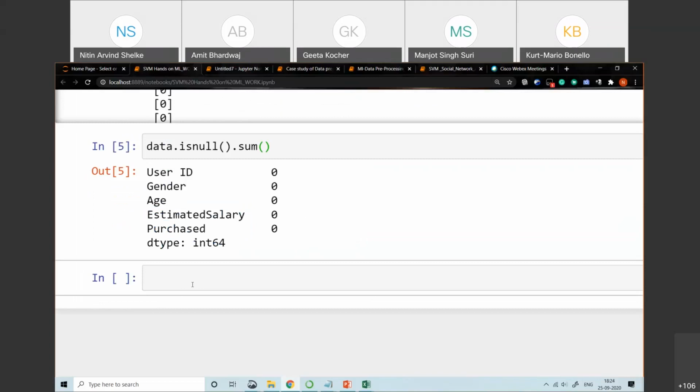The next thing is to split the data set into train and test.